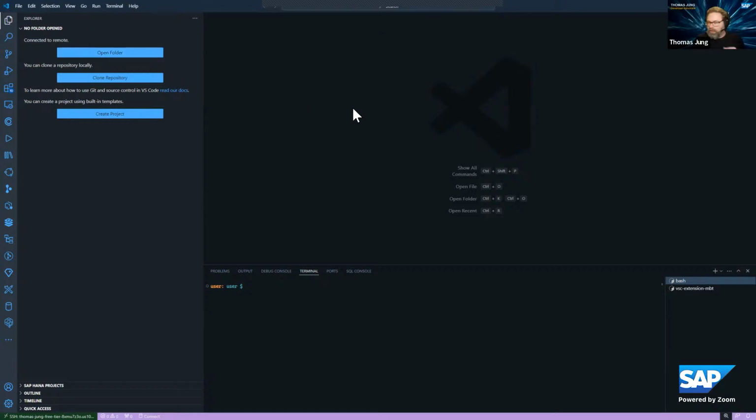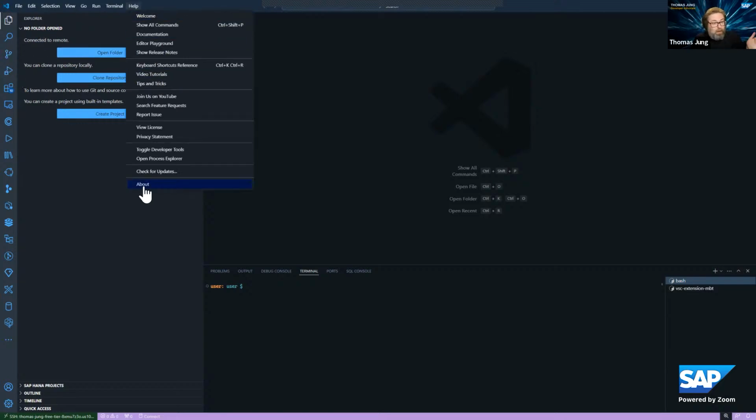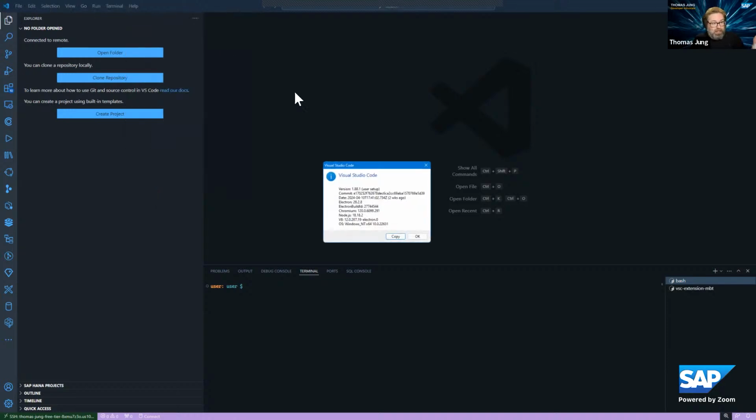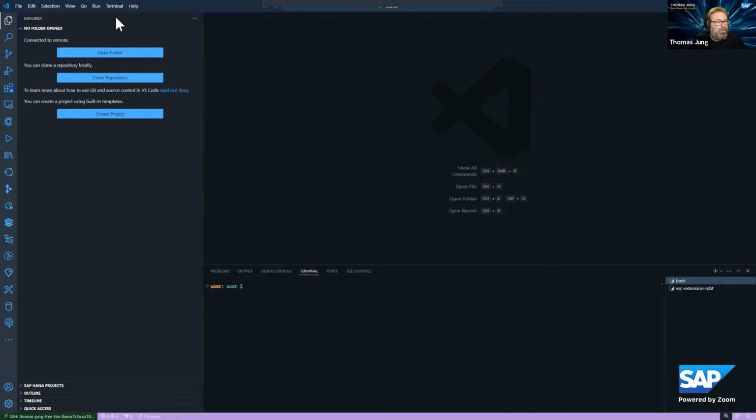But just to bounce back here, now that everything's finished loading, what you see here is I'm still in my local VS Code. You can see from the little help dialog that I'm in local VS Code, and the file menu is in a little different place than in Business Application Studio, but for the most part it looks the same. I have the same capabilities, including the Joule extension right here in my local VS Code.